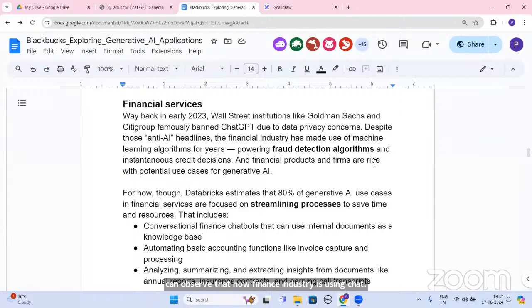Correct, guys? Now, after you have been through this particular part, you have seen the legal industry and the finance industry. These are two famous industries in which you have read how they can use ChatGPT. Actually, to be honest with you, every industry can use this, and they can actually do wonders.